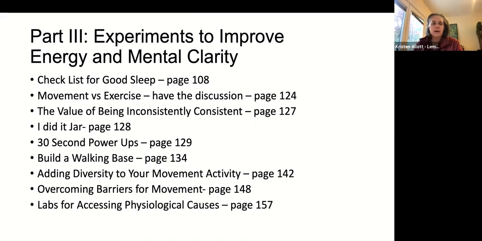And then really working through overcoming the barriers to movement. We've talked some about that, but there are financial barriers, there are time barriers, and there's just knowing, like when I was so injured, what could I do that wouldn't hurt me more? And coming up with that.